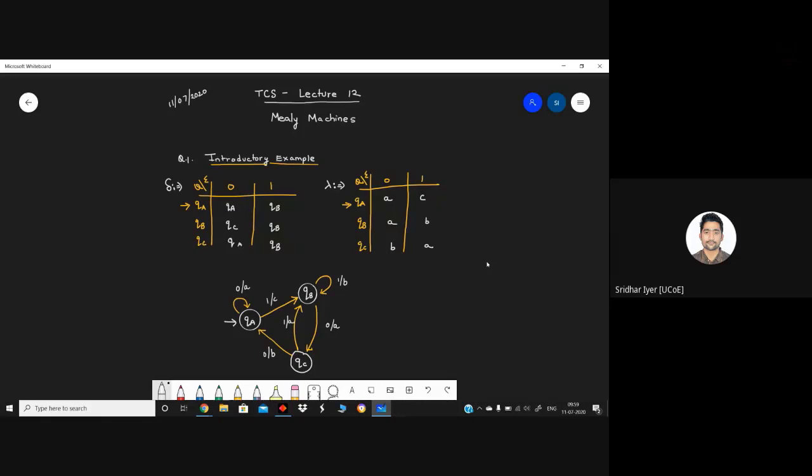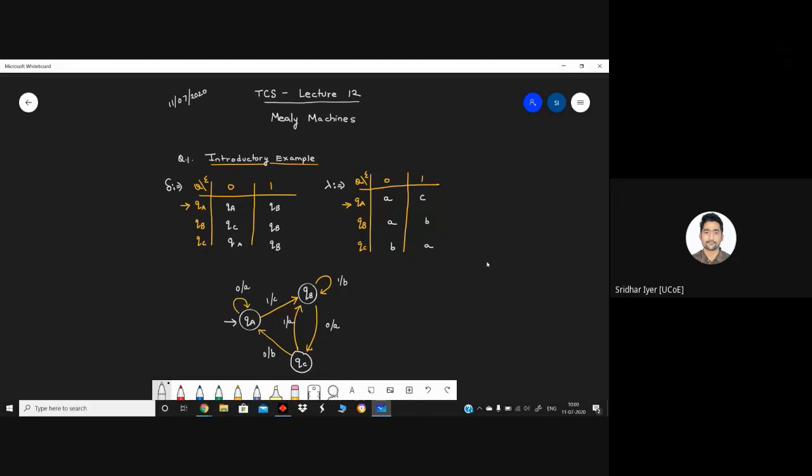So in today's lecture, we are going to focus on what exactly are Mealy machines, and we will solve some problems on Mealy machines. And toward the end of the lecture, if time permits, I will also show you how we can solve the same problem and construct both the machines together for the same problem. Okay, so the question will be the same, and we need to construct two different machines, that is Mealy machine as well as Moore machine, for such a problem.